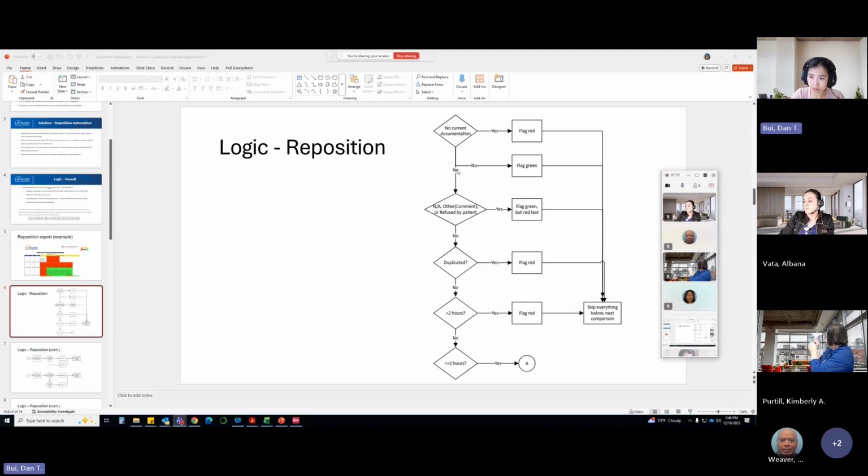Then if there's no issue with documentation, if the nurses say not applicable, other, comment, or refused by patient, I would still flag it green, which is in compliance, but the text is red, so that any manager or CQNL who wants to look at the unit performance can understand where the green is coming from.